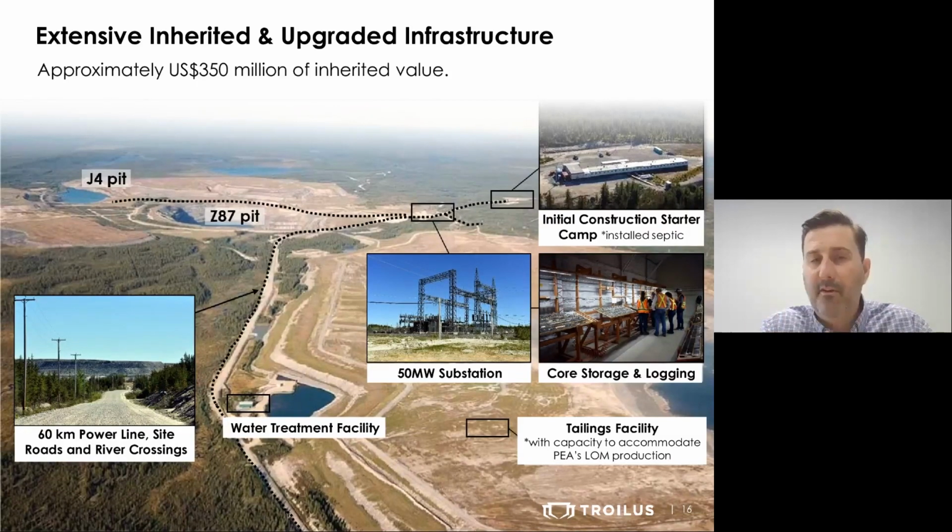And if we were to build it from scratch today, it's about $350 million US. Not only would we have to spend the $350 million, we probably would have 3 years of permitting behind us as well. So what we need to bring in is the fleet, the mine camp, and build the mill, as well as some pre-strip. So that's why we're able to build what would be a $900 million mine like IAMGOLD's Côté and others for $350 million or